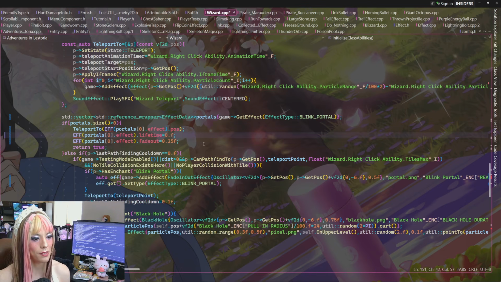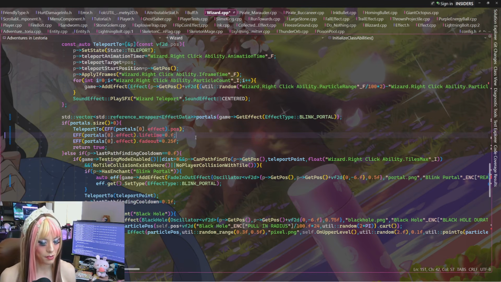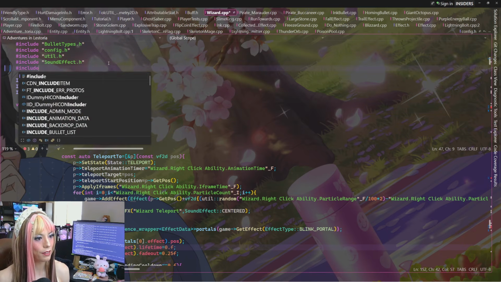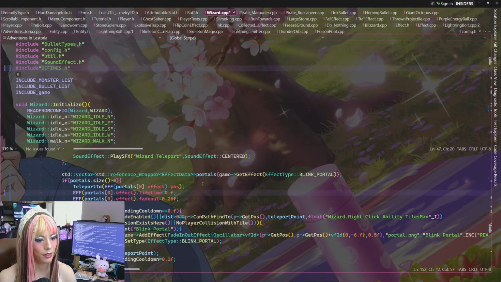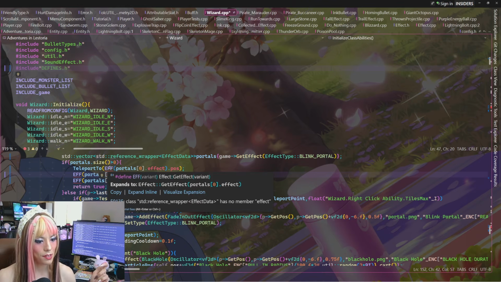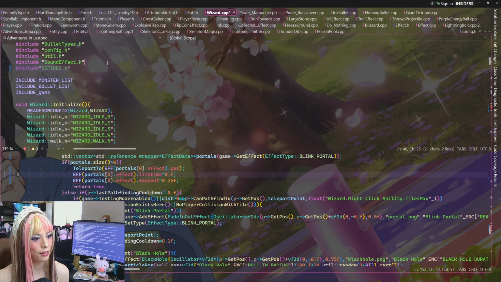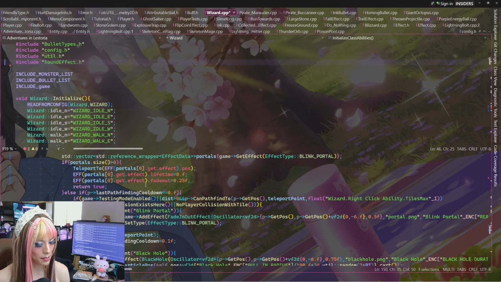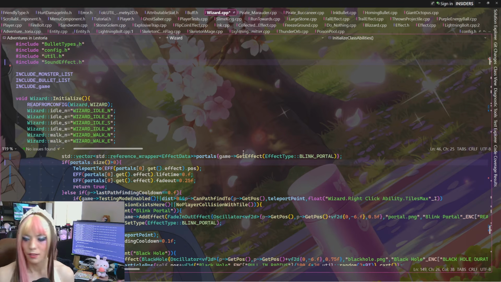And then do things. And we need to define EFF, which is inside of defines. Okay. So then we're good there, maybe? Unless it doesn't know, oh, they're reference wrappers, right. So it's .get. Okay. So that's fine.